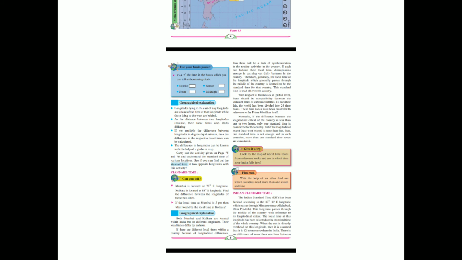If each one follows their local time, confusion will start in business and in the daily routine of a country. Therefore, generally the local time at the longitude which passes through the middle of the country